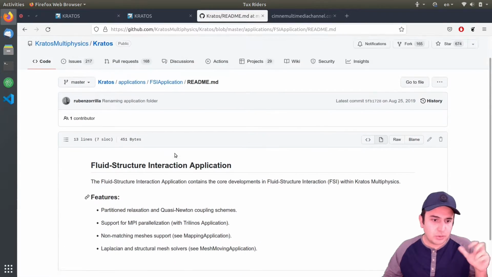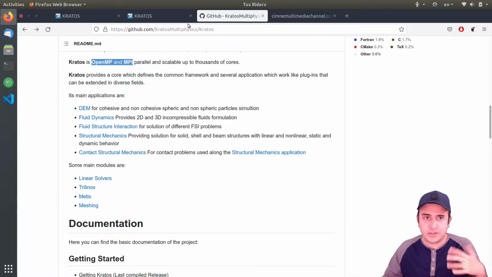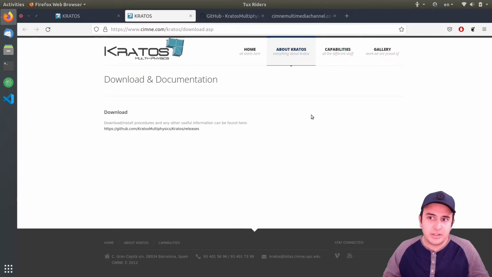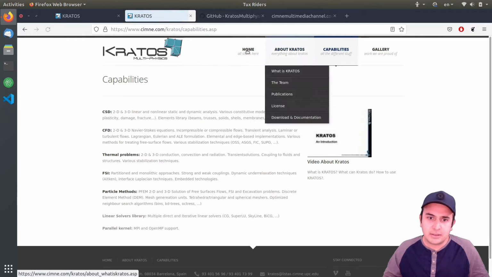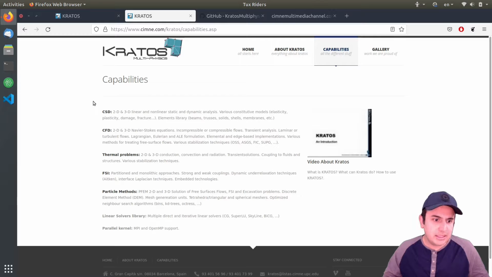But yeah, so these are different features of Kratos. This is just one of the libraries that I wanted to show you, and it is quite nice to check out. Let's also check the capabilities. So these are the things that I told you about for thermal analysis, for safety, computational fluid dynamics, and for